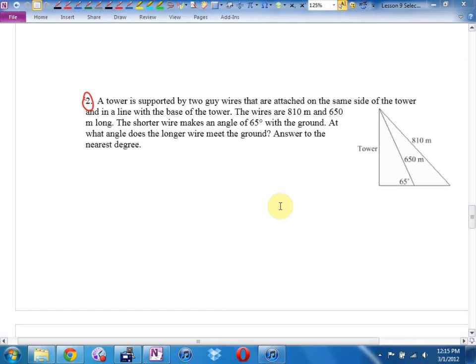They're attached on the same side of the tower, and they're in line with the base of the tower. In other words, they're in a straight line with each other, so we don't need to go three-dimensional. Three-dimensional trig is a whole other ballgame. The wires are 810 meters and 650 meters long. Okay, this is a big tower. 810 meters, that's almost a kilometer-long wire. I think these numbers might be made up, but that's okay. The shorter wire makes an angle of 65 degrees with the ground. What angle does the long... Okay, they want me to find...